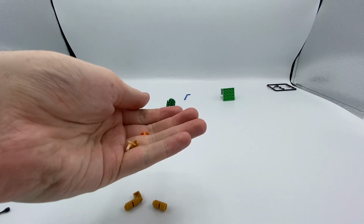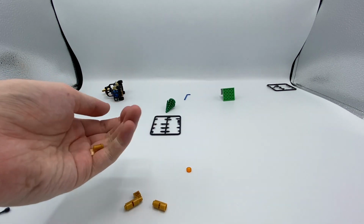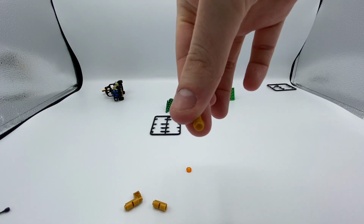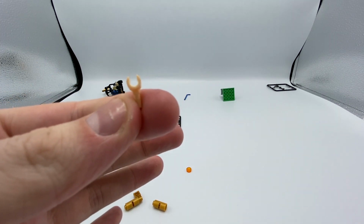Look at the spare pieces. So we got 3 spare pieces, you know. Your common, you know, orange stud there. Fair enough, orange stud. We get one of these pieces, you know, interesting enough. Chuck you over there. And for some odd reason, we get an extra hand, because when I assembled the minifigure,